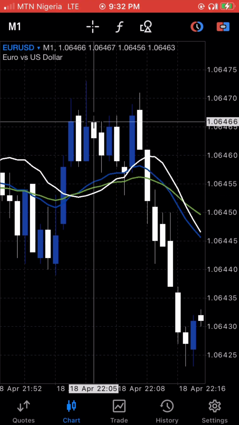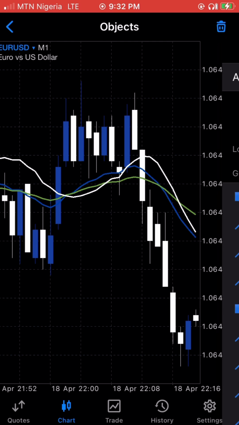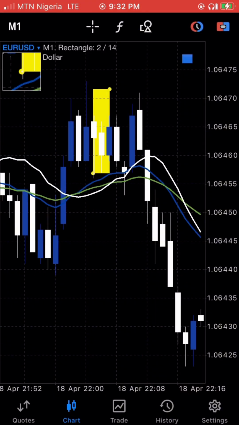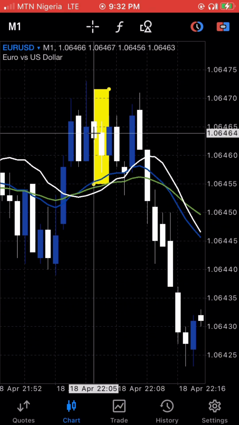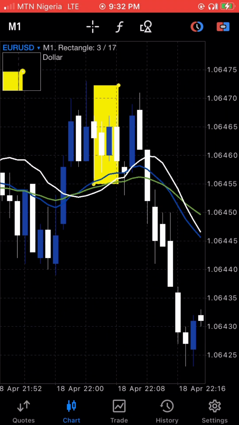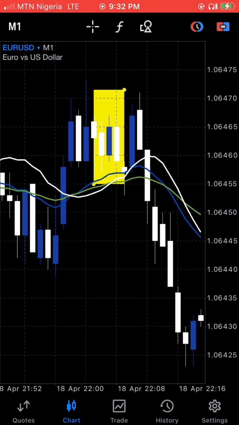90% of the time. Remember, no strategy is a holy grail. That's why I said it works 90% of the time. Now we have to look for the candlestick, just like I told you earlier. This is the 10:05 candlestick. Now you count 5 candlesticks from 10:05, which is 10:05, 10:06, 10:07, 10:08, and 10:09 on the 1 minute time frame. This strategy only works on the 1 minute time frame,